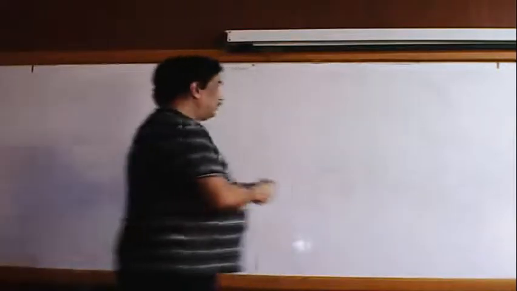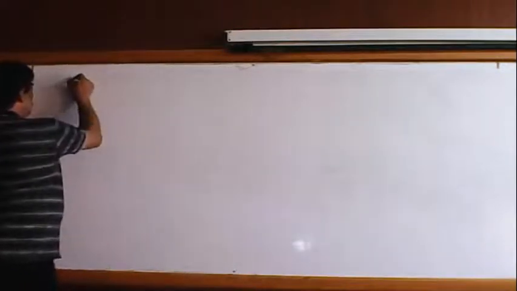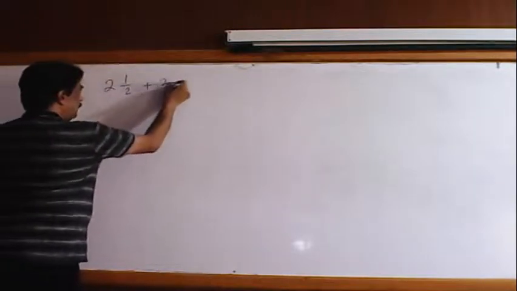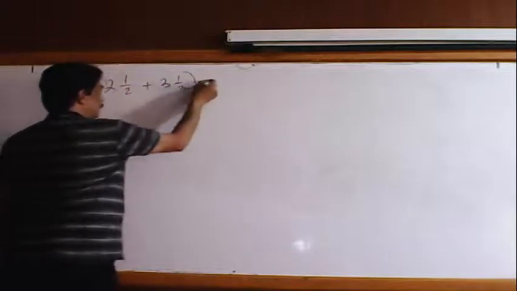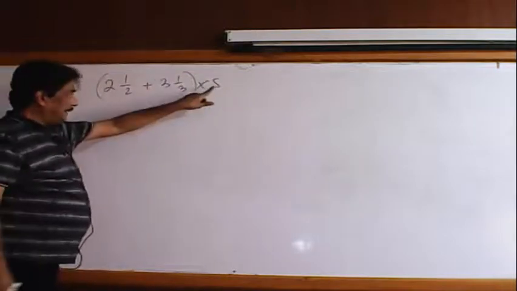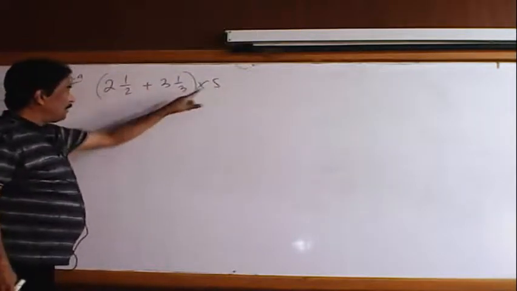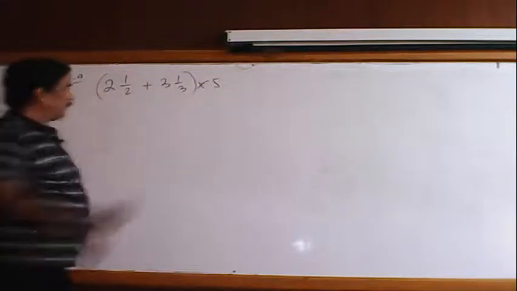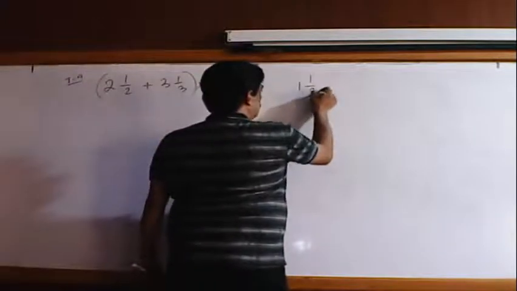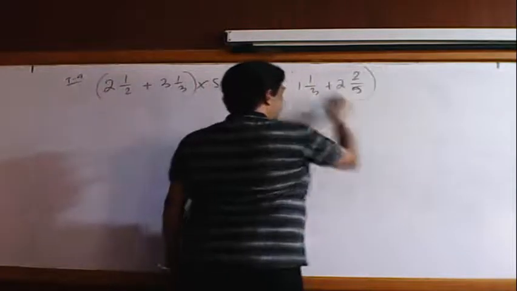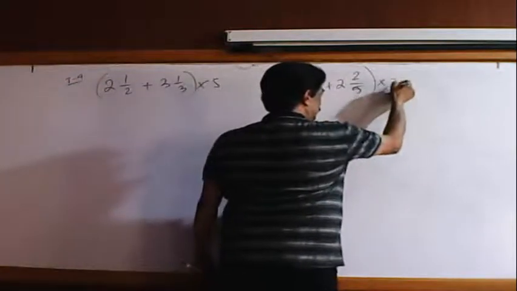Ready? Now we are moving for the type 4. Remember type wise, type 4 means here 2 and half, 3 and 1/3 multiplied by 5. You have to find out the difference. Previously 6 was divided by 2, 6 was divided by 3. But here 5 is neither divided by 2 nor divided by 3. They can give 1 and 1/3, 2 and 2/3, 2/5 multiplied by 7.